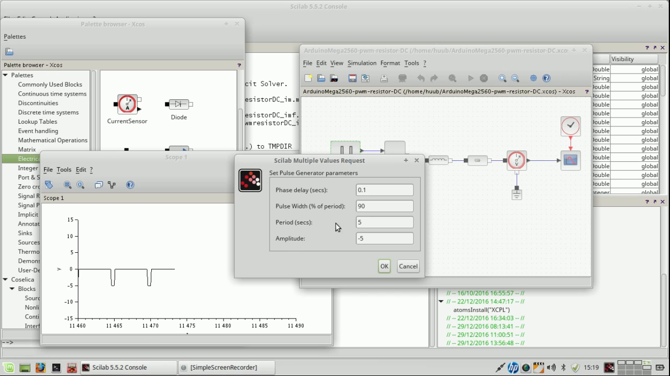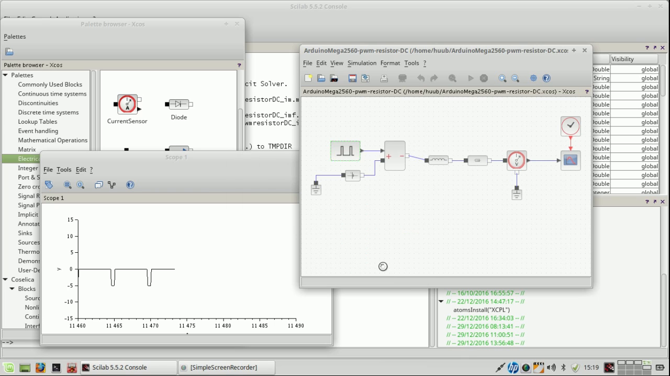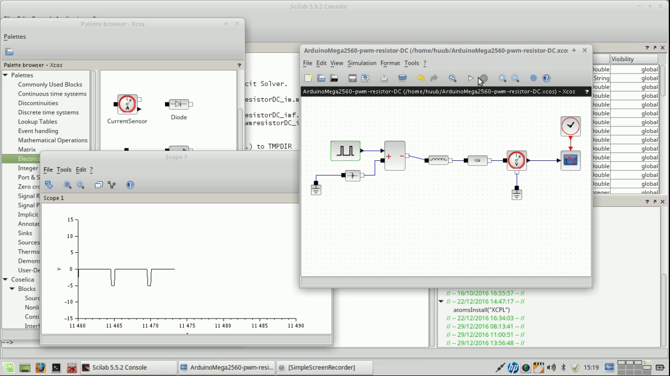So the period is 5, but the pulse width is 90. So if I change the pulse width to, for example, 40, what will happen? This will happen. So now you can see that this is a genuine block wave, and the question is